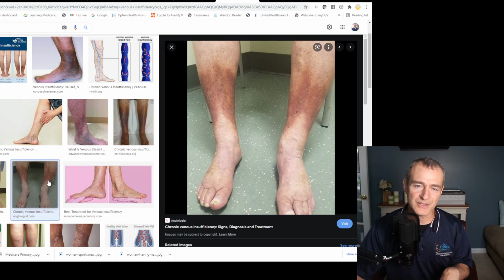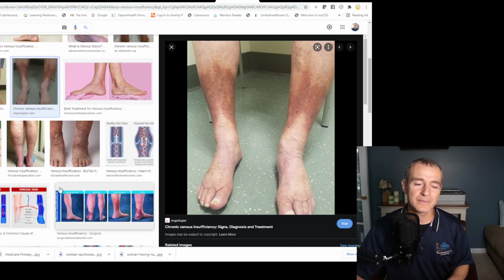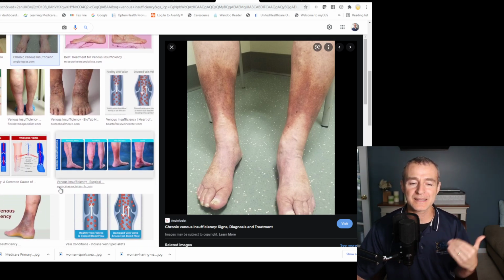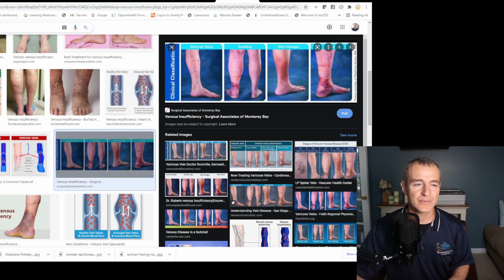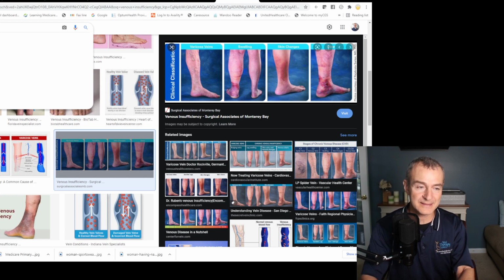Typically with venous insufficiency, this has been persisting long before the surgery occurred, long before the knee replacement. A bacterial infection of the skin that would be associated with cellulitis would be something that presents after the knee surgery. So now if we take a look at pictures of cellulitis,